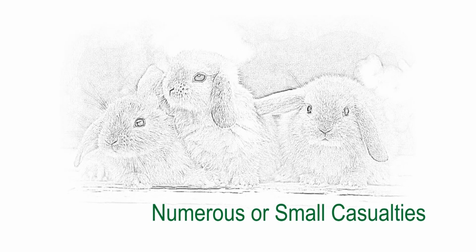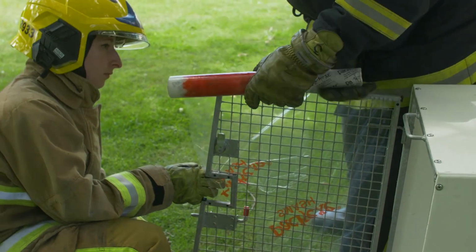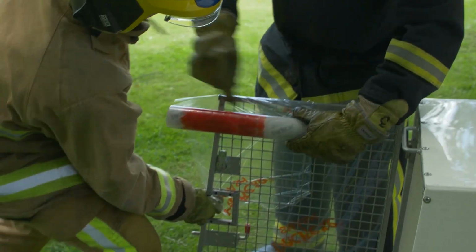If you're dealing with numerous animals, particularly lots of small animals like kittens or rabbits, guinea pigs, those kind of things, then the oxygen therapy masks probably aren't the most appropriate way of oxygen application. So what you might think about is finding some sort of cage, maybe their own, or maybe something that's provided, where you can then seal it and you can provide an oxygen enriched atmosphere through the use of the cylinder